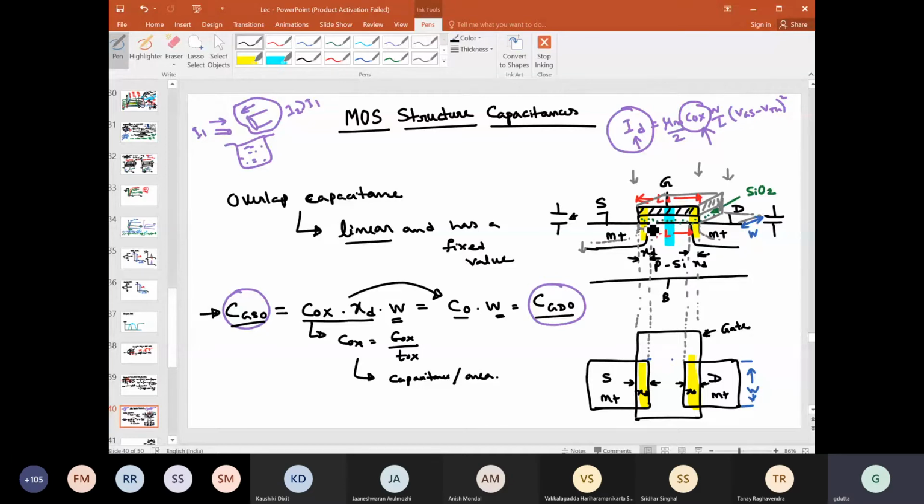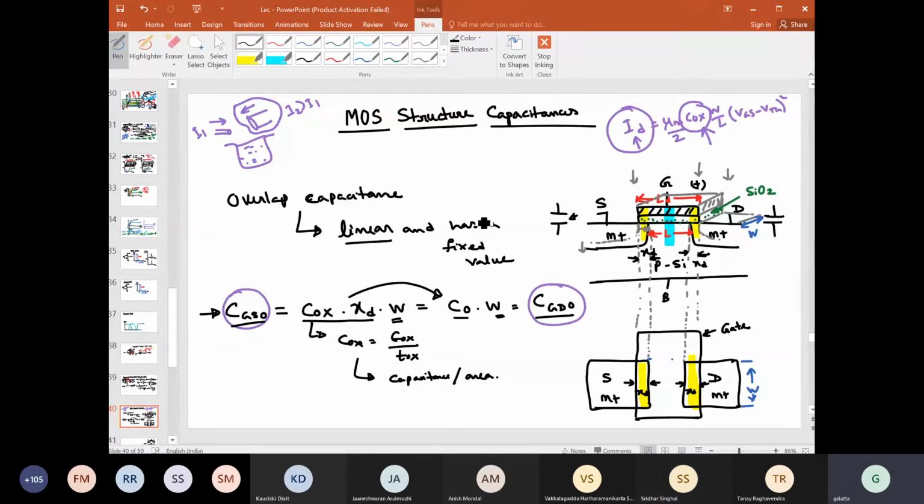So you don't have a depletion. Do you agree with me? Yes, sir. Okay, now see from this side. Here, this gate is positive, right? And this is the drain, to which you have also applied some positive bias, right? So even in this case you might have some depletion, but my point was, as this region is very, very heavily doped, the depletion layer width will be almost negligible. Got it? Yes, sir.